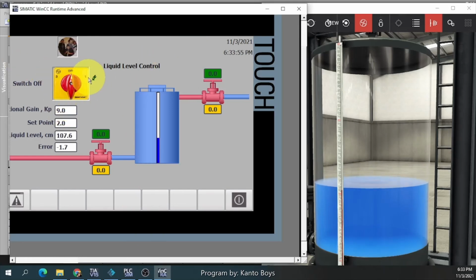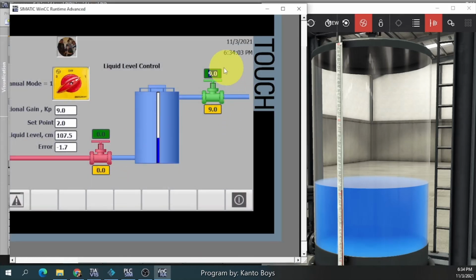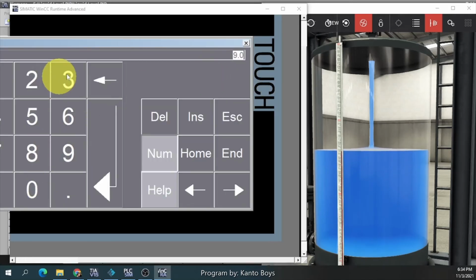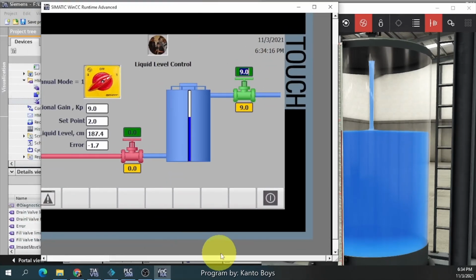Stop can be set to manual, so the operator can again fill the tank. 9 means 90% open, and if you want fully open, we need 10.